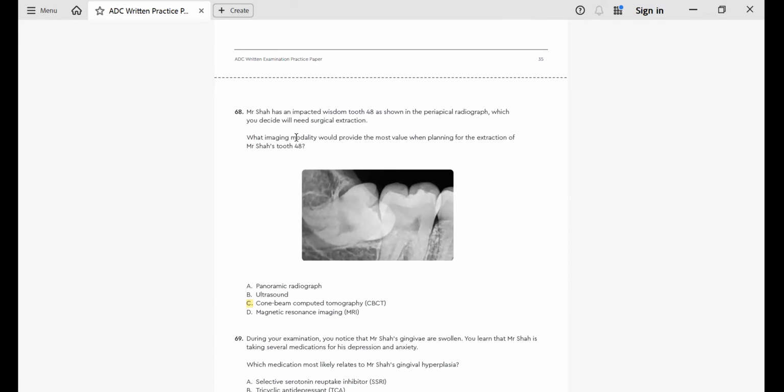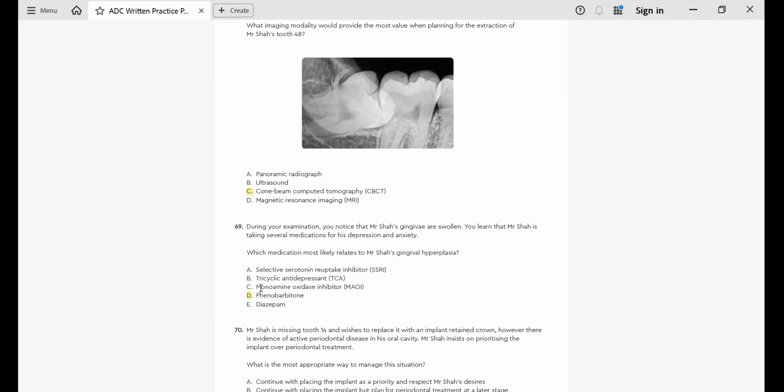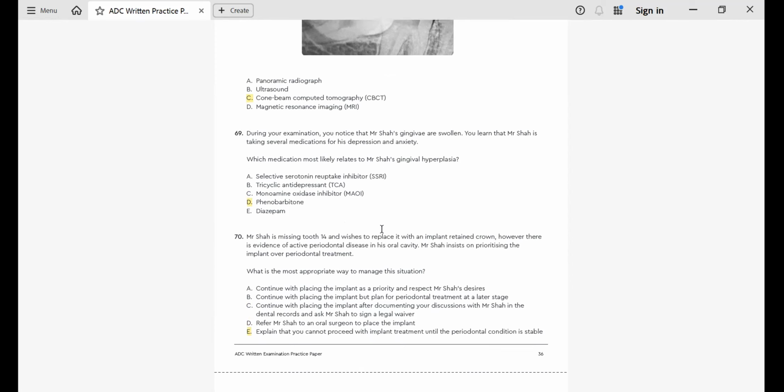Planning for extraction, imaging modality: CBCT. Which medication will be involved in causing the gingival swelling? Phenobarbital. All right. Gingival hyperplasia, drug-induced gingival enlargement. Again, this is an interesting question. Again, a lot of ambiguity between different people who have answered this question earlier on Facebook and all the social